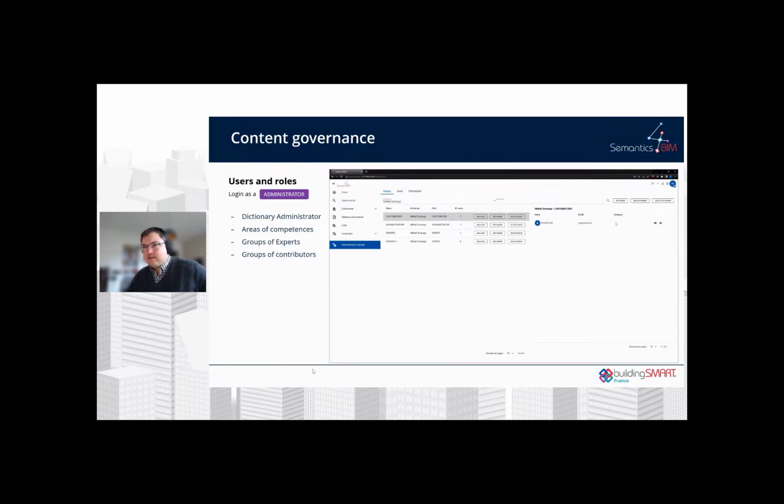So like that, all of the experts will have specific rights and access to other functionalities, to be able to manage the content, to evaluate the proposition of some evolution, and to validate or refuse some modification to the dictionary content.